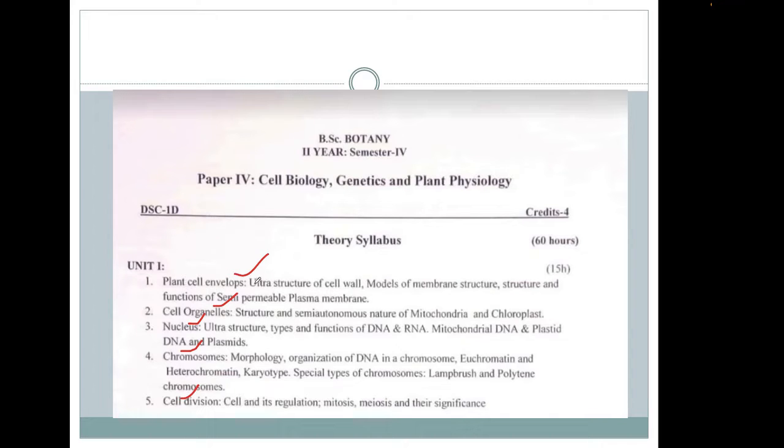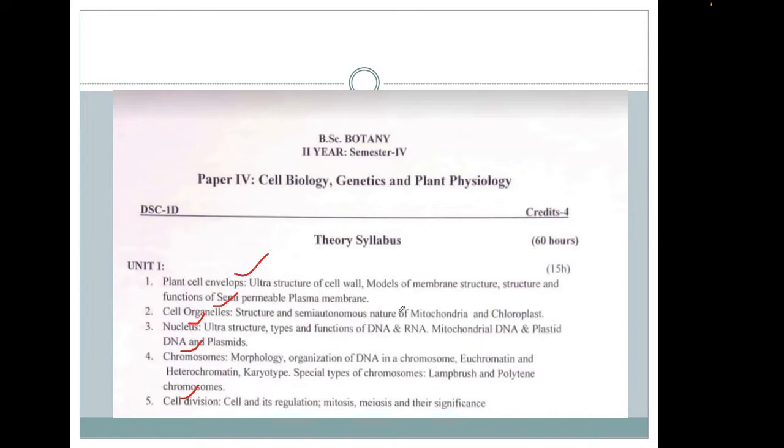In the plant cell envelopes, mainly ultrastructure of cell wall, models of membrane structure, structure and function of the semi-permeable plasma membrane. In cell organelles, mainly we will discuss the nature of the mitochondria and chloroplast,